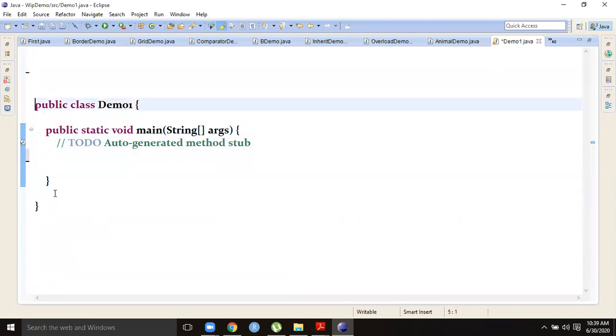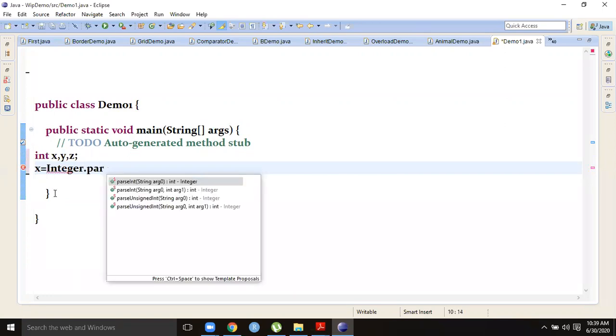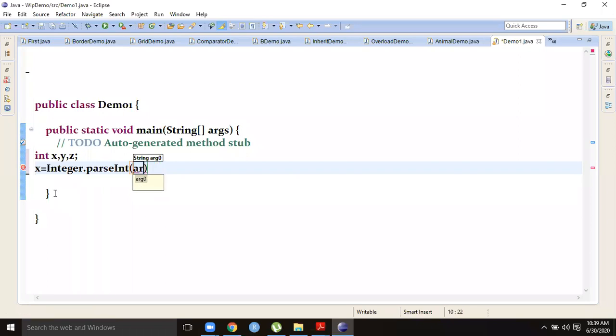Suppose you want to take the inputs as command line arguments: int x, y, z, x equal to Integer.parseInt(args[0]), for example.